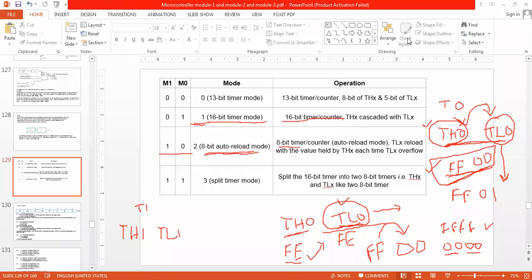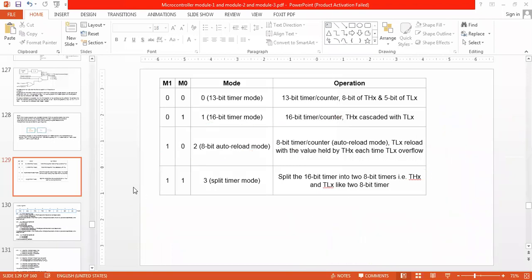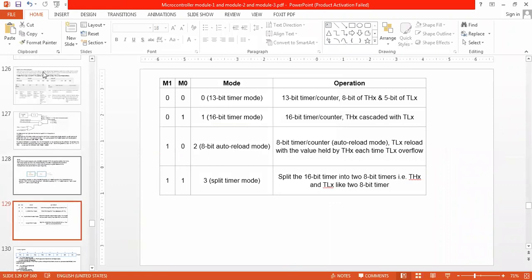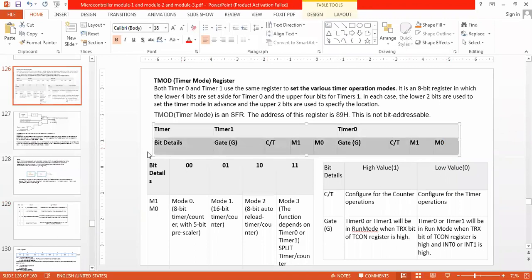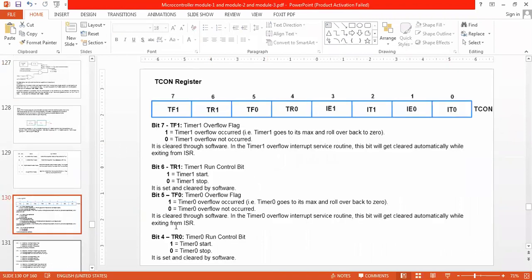So here, next we will go. Now we have understood the timer mode register. It is used to control the operation modes. Now, along with that, we should know the TCON register. This TCON register, for the timer operation,